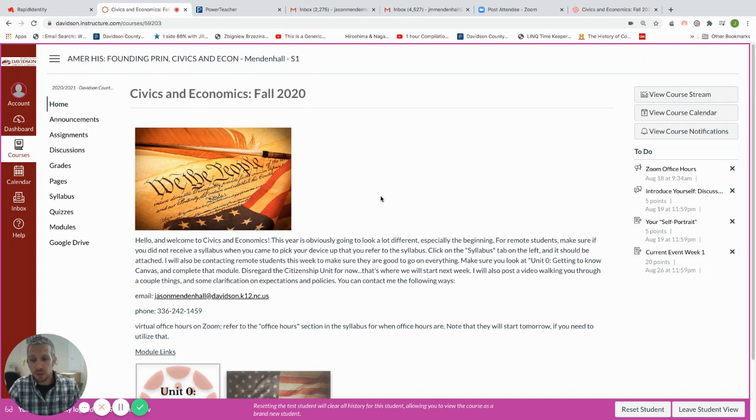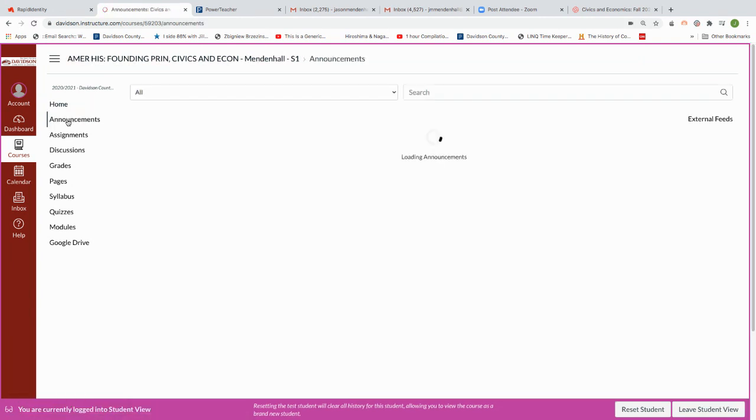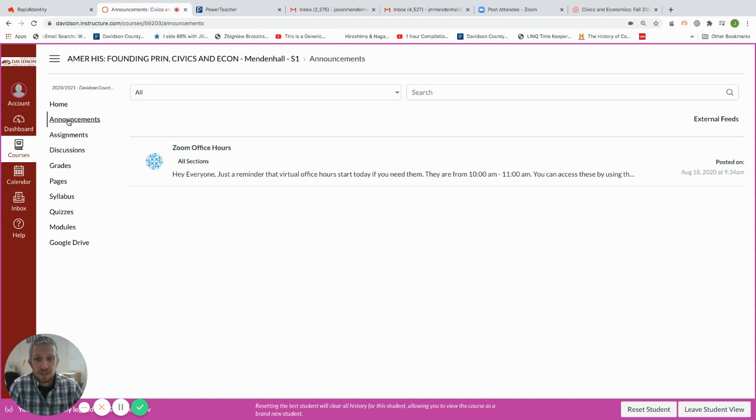So when you log into Canvas every day, whether that's 3 days a week or 5 days a week, the first thing you need to do is log into Canvas and click on the Announcements tab. I will post a daily agenda there every day, even if it's nothing more than to say, continue working on this module. And so you need to go there to see what assignments you have, if any, or what you need to be working on. And then you'll have the other information in the modules. So that's where you would need to go first.